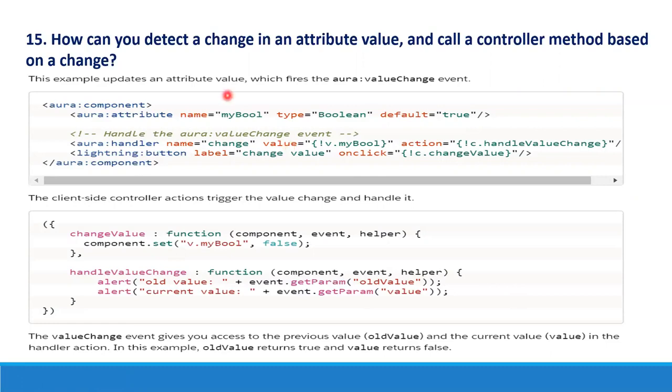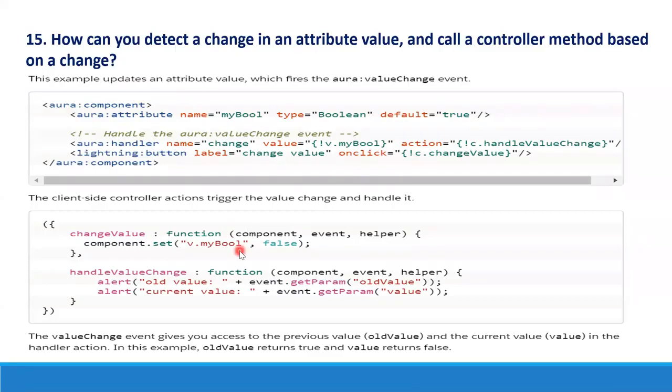Right? Just 1 minute, I'm getting call. You clear what I'm saying?